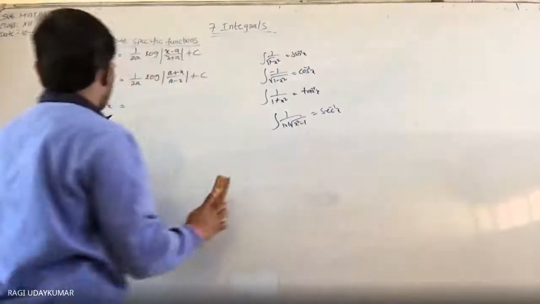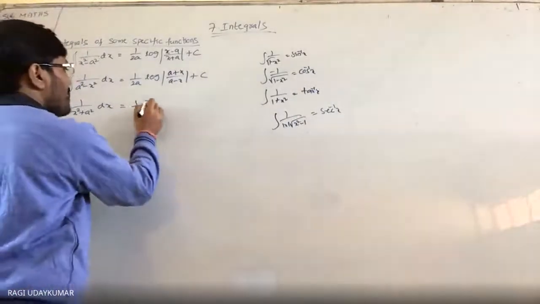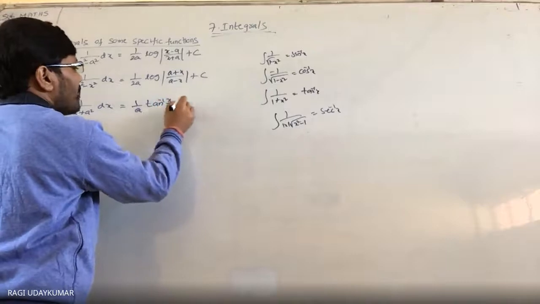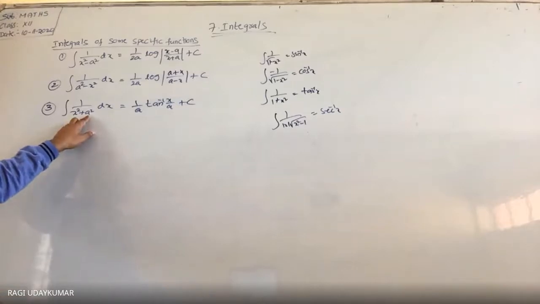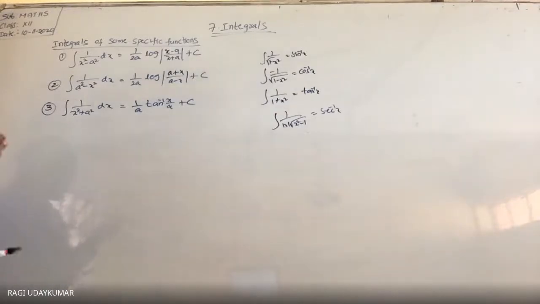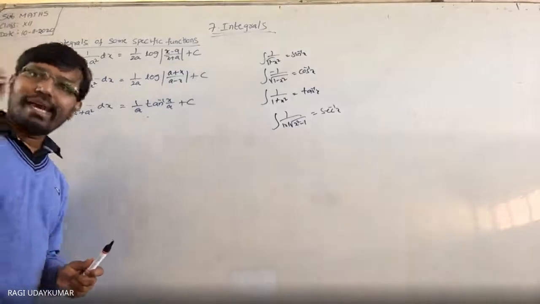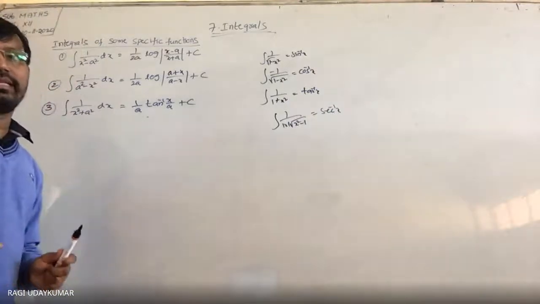So it is looking like in this form, but in the place of 1 you are having a. So you are going to get this one as 1 by a tan inverse of x by a plus c. X by a आ जाएगा. If you write this one, a square common ले लो. Here a square common ले लो. 1 by x by a whole square आ जाएगा. So a square common ले लिया है, but उसको x by a है. So x by a denominator में आ जाएगा. So 1 by a you are going to get. Otherwise you take x is equals to a tan theta. A tan theta substitute कर लो. Then you are going to get the required answer in this way.